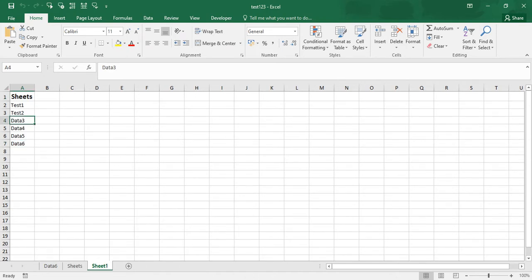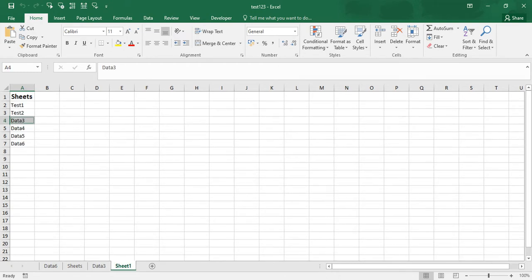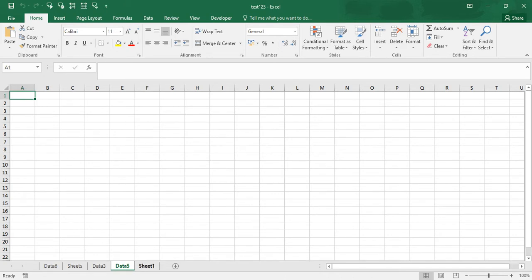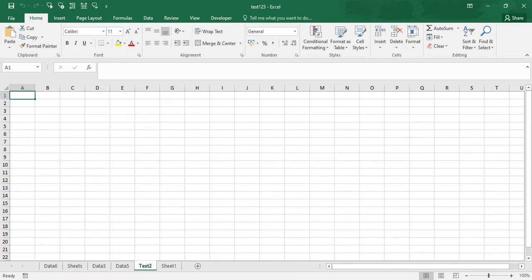If I click on A4, like data 3, the bot is going to create a data 3 sheet. If I click on data 5, the bot is going to create a data 5 sheet. And if I click on the A3 cell value test 2, the bot is going to create that sheet.